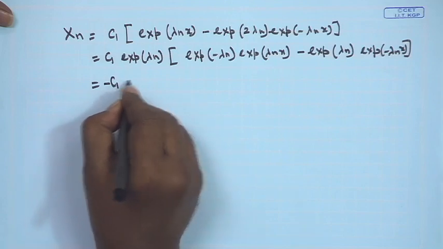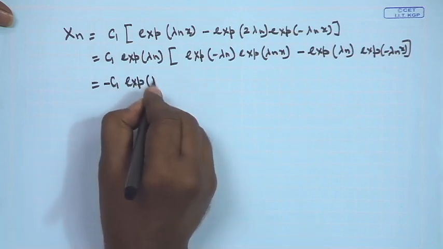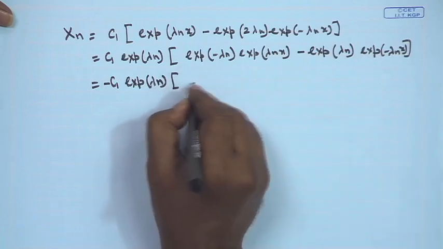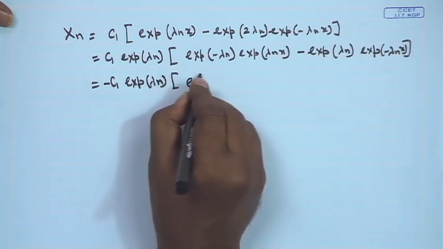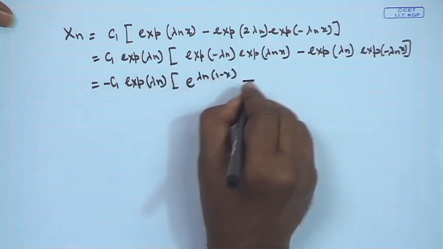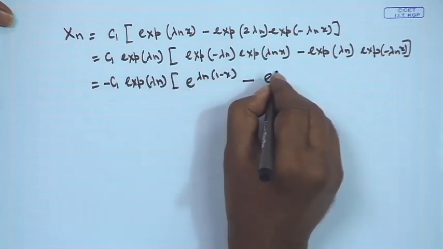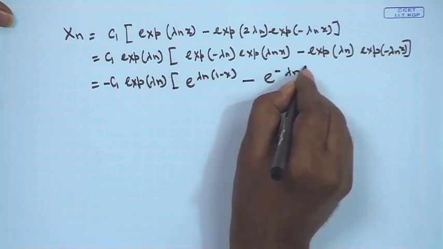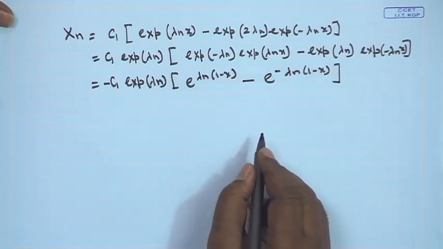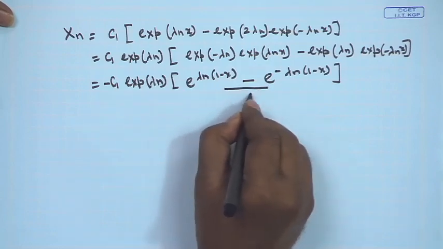So, it will be C 1 exponential lambda n, this will be in the front. So, it will be e to the power lambda n (1 minus x) minus e to the power minus lambda n (1 minus x). Then we multiply and divide by 2,